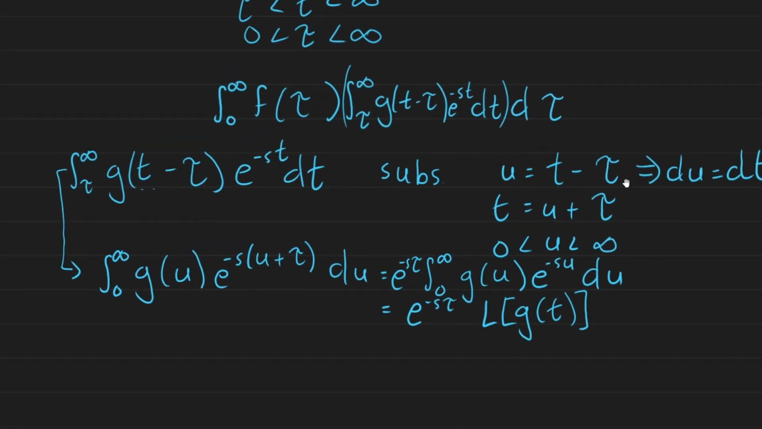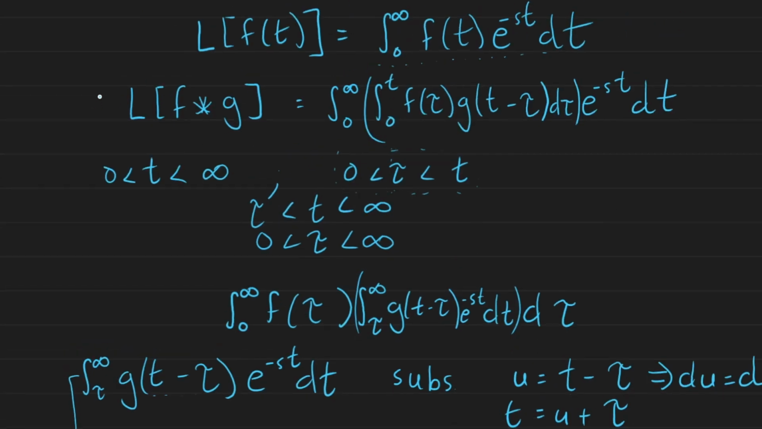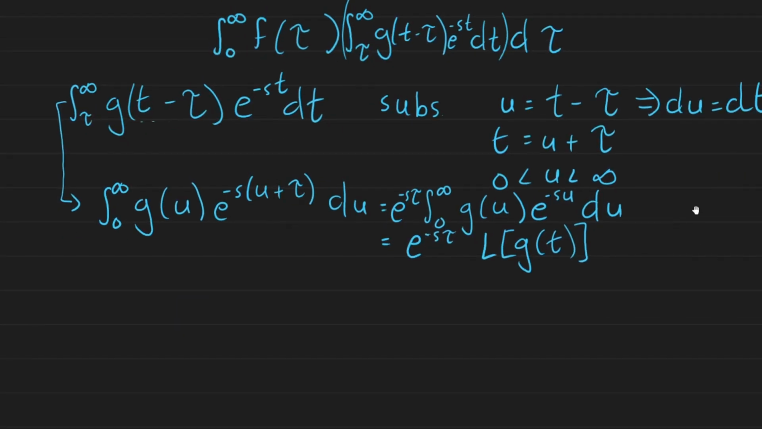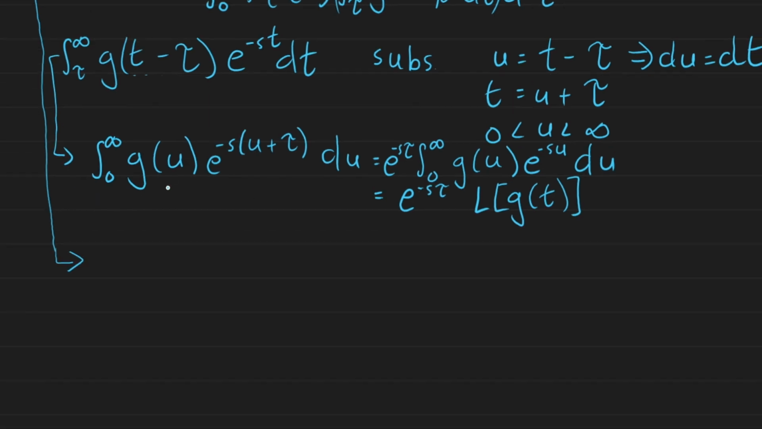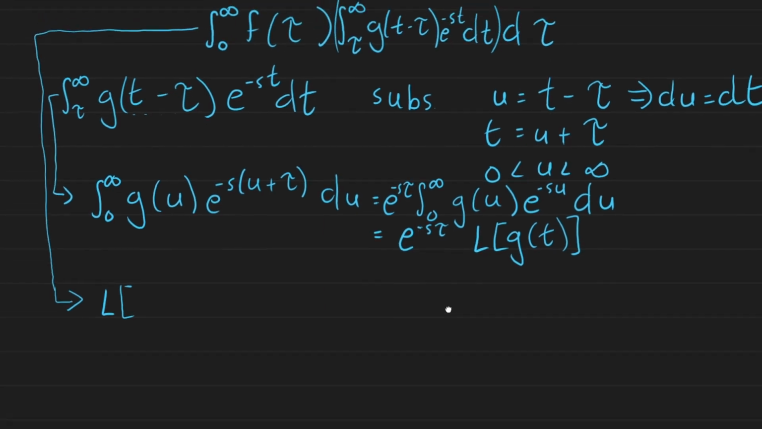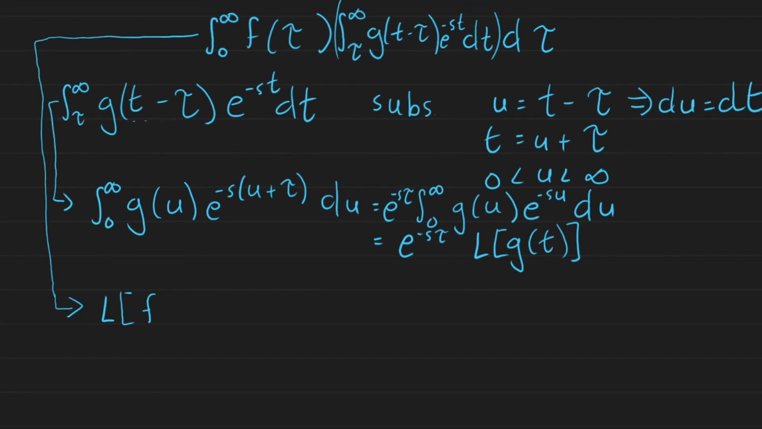We can take this result and substitute it into our convolution equation that we have written here initially. So this inner integral is basically this e to the minus s times tau times the Laplace transform of g. So we're just going to take that and we're going to complete that. We'll write it here. So the Laplace transform of this convolution